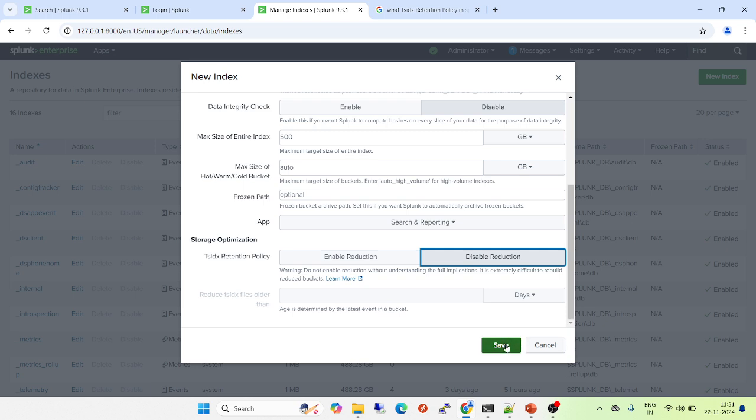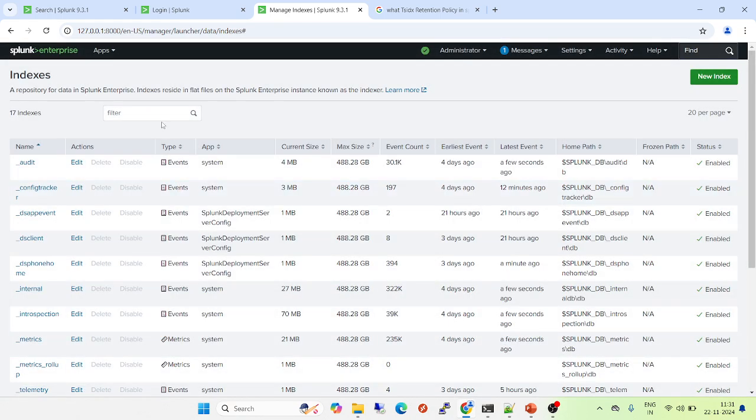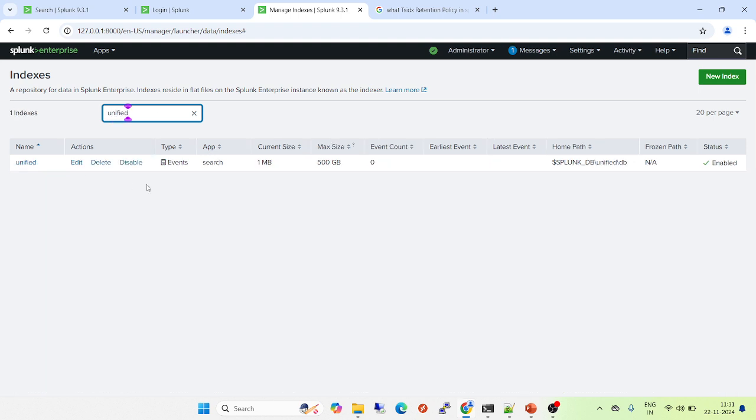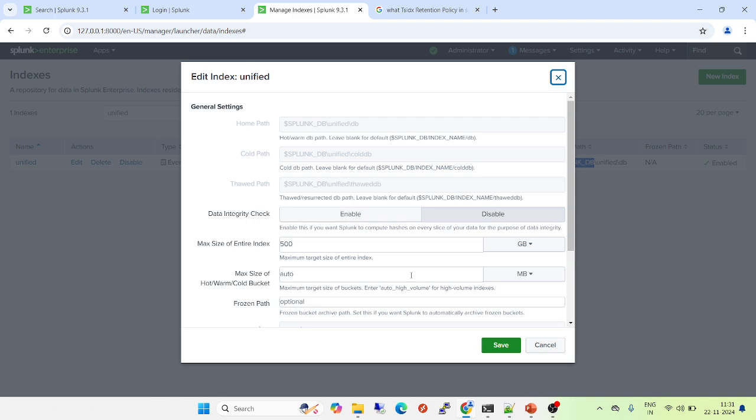If you click on the save button, you will see the result here. Now I will search for unified, and you can see that the index is ready. The type is event, under the Search app, current size 1 MB, which is taken for the internal configuration. The max size is 500 MB, with zero events as of now. There is no earliest or latest event because no data is stored in the Splunk DB path yet. The frozen path is defined and enabled. You can delete or disable it here,